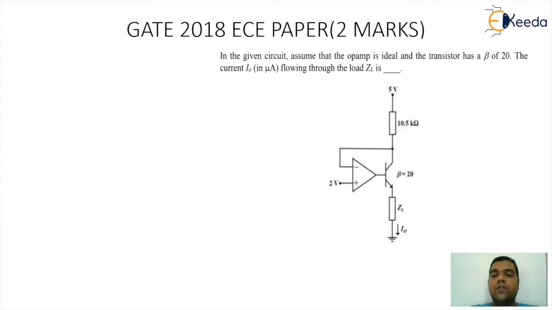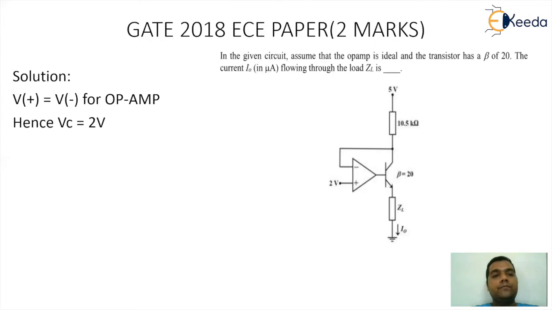This is all because of the high input resistance of the op-amp, which takes 0 current inside. So when the current flowing through the op-amp inside is 0, it is as good as the pins are actually equipotential. So from this we get a small hint that the V plus pin is equal to the V minus pin of the op-amp. Hence the value of V minus pin will be 2 volt, which is as good as the collector voltage. So I got the value of collector voltage.